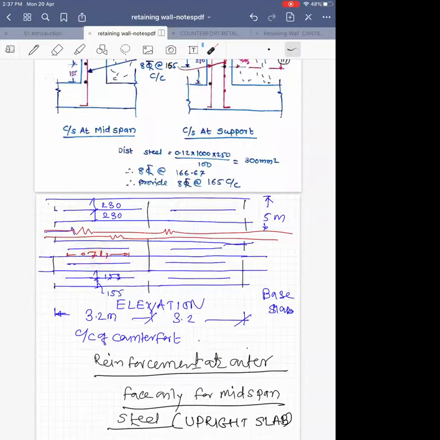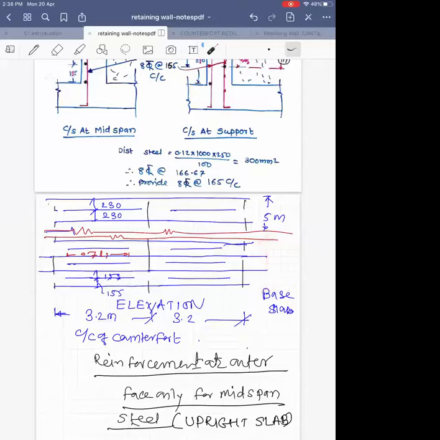Now here we are providing separate bar for outer face and separate bar for inner face. So alternate bar, one bar is straight and second is in the form of extra bar, which is having length 0.7 L1. L1 is the center to center distance between the counterfolds. So in this way, we can maintain the spacing of 10 mm diameter at 155 millimeter center to center. Now we will maintain this spacing up to some height, let's say 2.2 meter from the bottom.